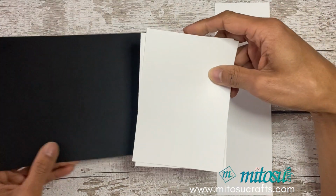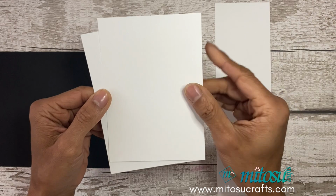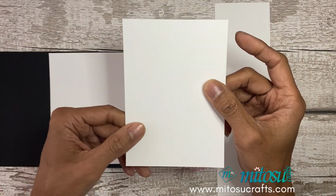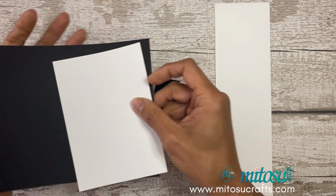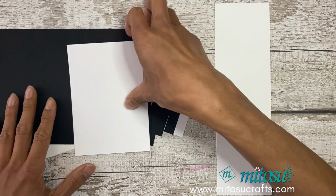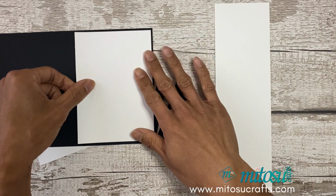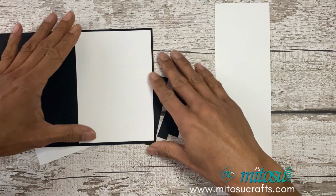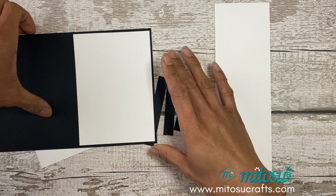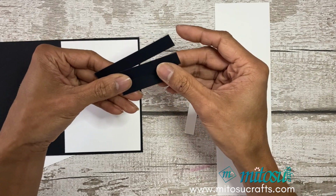And for the mat and layer, Whisper White, just the normal one, 9.9 centimeters by 14 centimeters, and I've got two, one for the front and one for the inside, or that is 3 7/8 of an inch by 5 1/2 inches, which is 1/4 of an inch smaller than the card front. So wherever you are, for US and Canadian viewers, you can just have your layer 1/4 of an inch smaller, and you will need 3 strips of basic black for the banners using the Banners